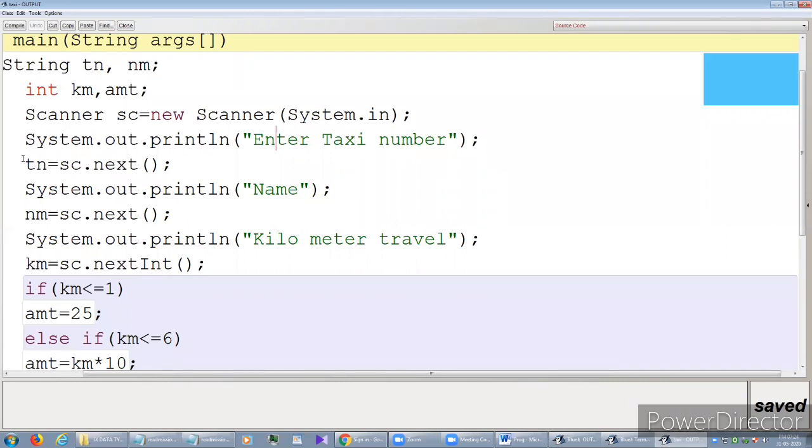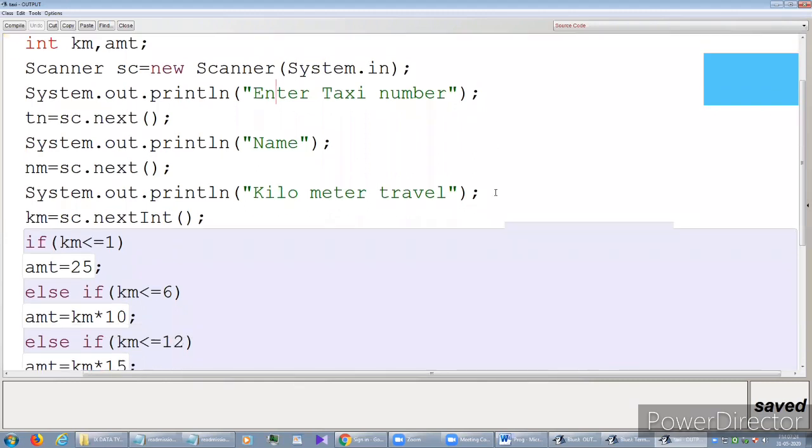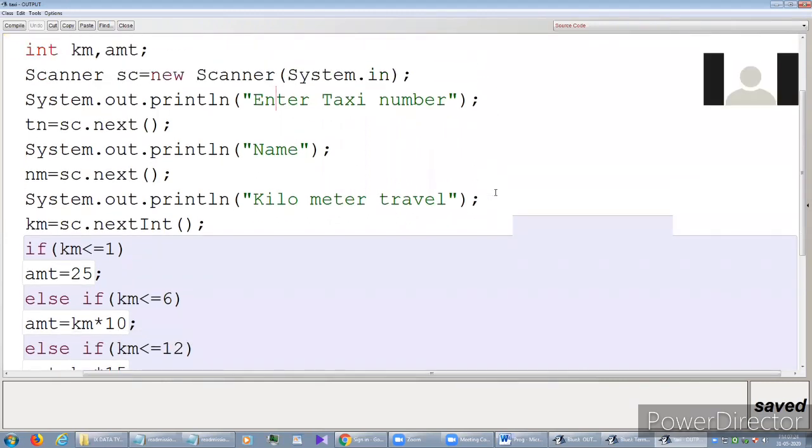So now Deepan, can you explain this Scanner sc = new Scanner(System.in)? Sir, Scanner is an inbuilt class in Java. SC is an object, and for example we can give OB.